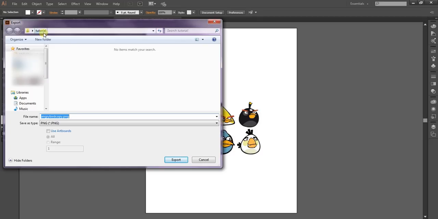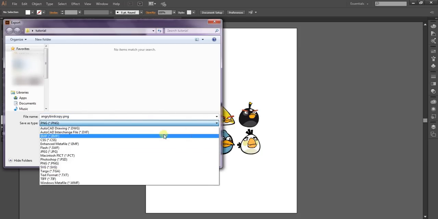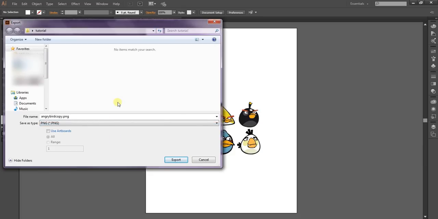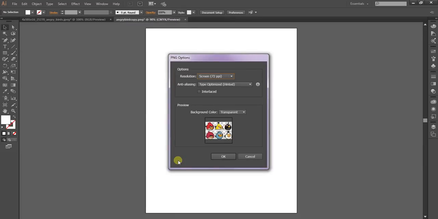Here in the tutorial file itself I am putting this Angry Bird copy, which is in PNG format. I chose PNG from this list, and I'll click on Export.